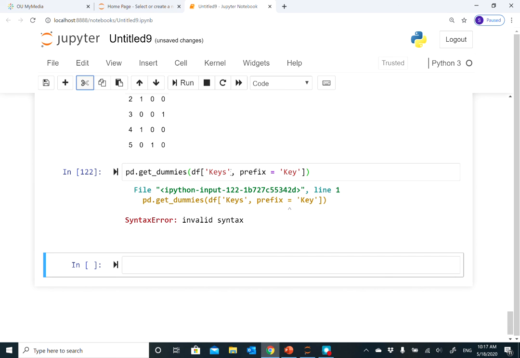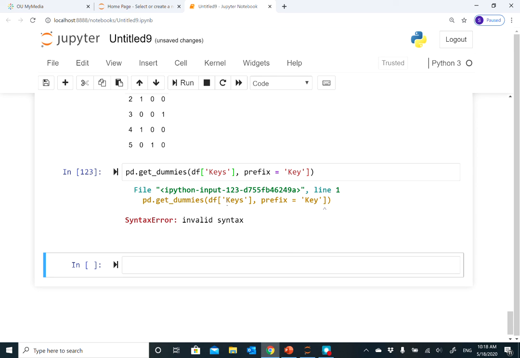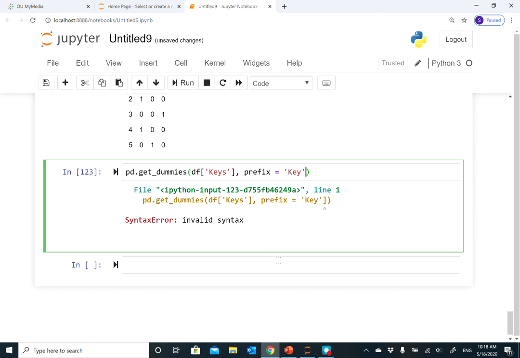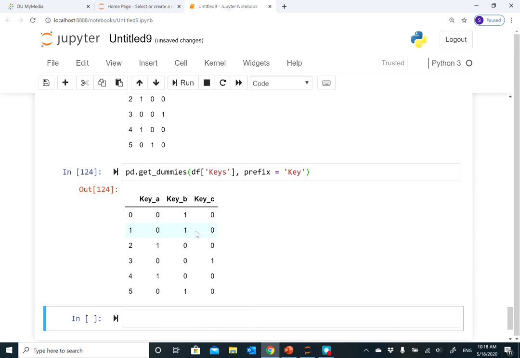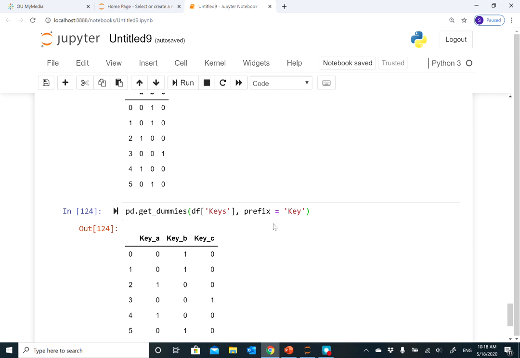We see this error because we are missing a bracket here. So let's see. Now it adds key, underline, and then the column name. So that's how we pass a prefix